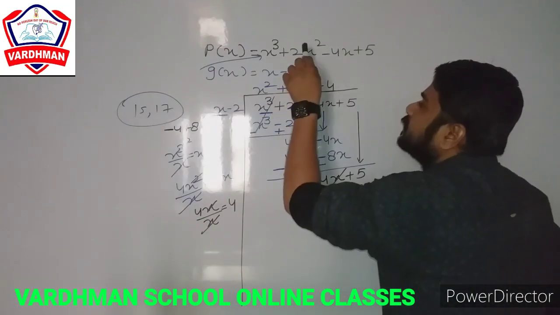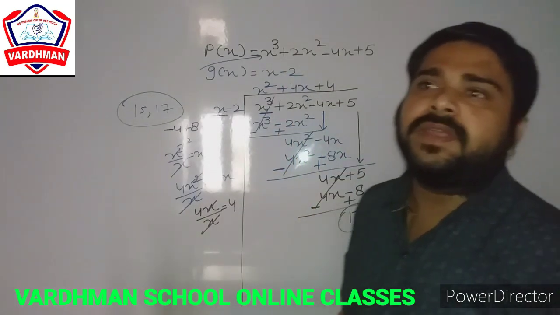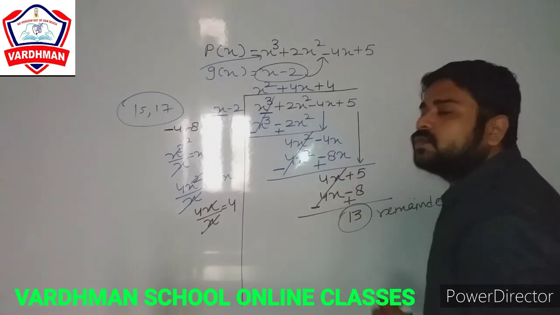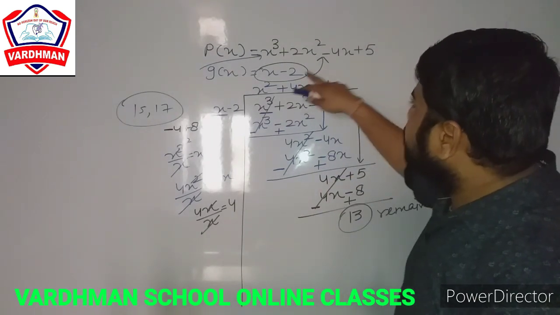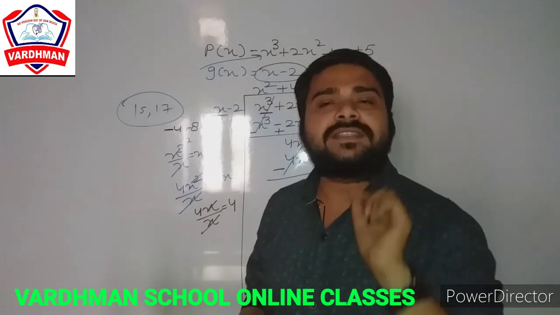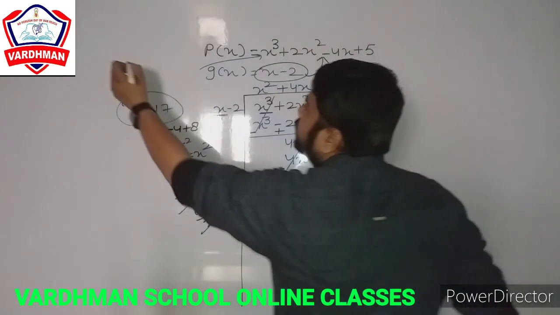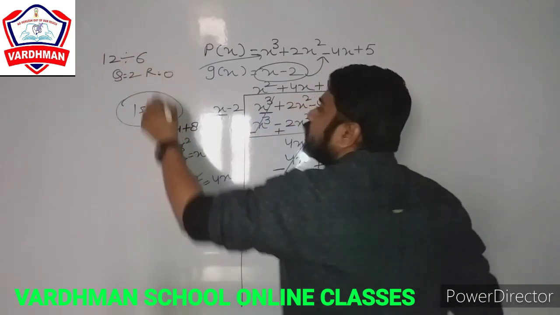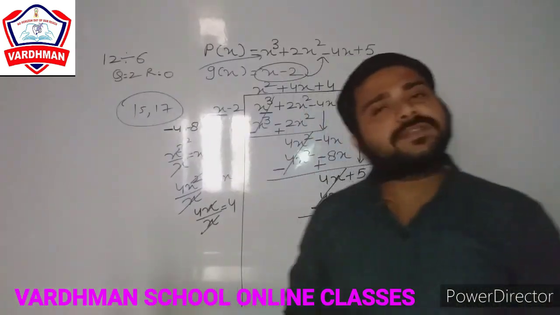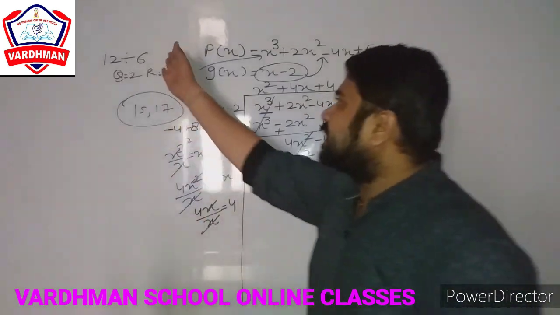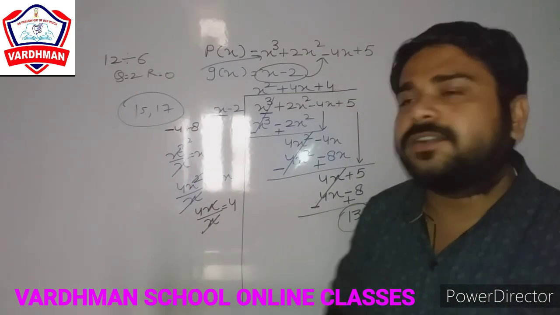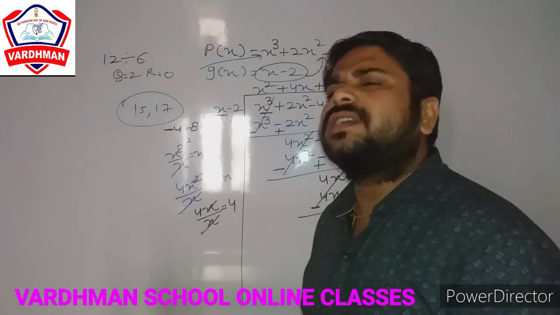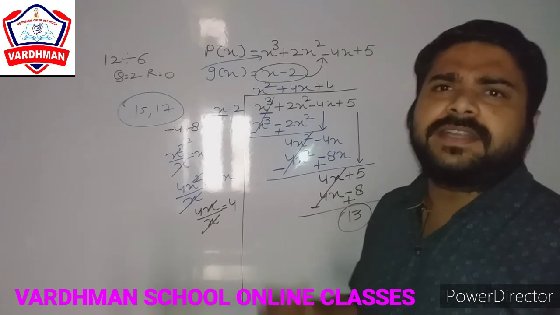तो चांसेस ये होते हैं कि अगर आपको बोल दे कि चेक this is the factor of this polynomial or not. Factor means ये वैल्यू को अगर मैं यहां पुट करूं या फिर इसको इससे डिवाइड करवाऊं तो मेरे पास रिमाइंडर क्या होना चाहिए, 0, तभी वो फैक्टर होगा। That is, 12 divided by 6, quotient 2 remainder 0, that means 12 is a multiple of 6, 6 is the factor of 12. Like that अगर मैं इस पॉलिनोमियल को इससे डिवाइड करवाऊं और रिमाइंडर 0 आ जाता है तो फैक्टर है।